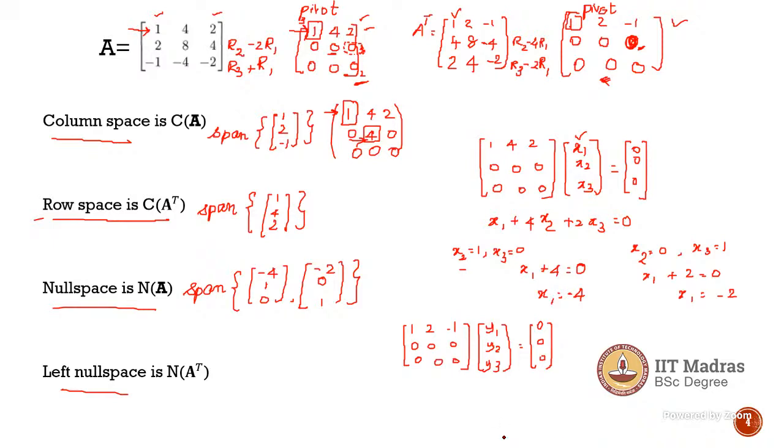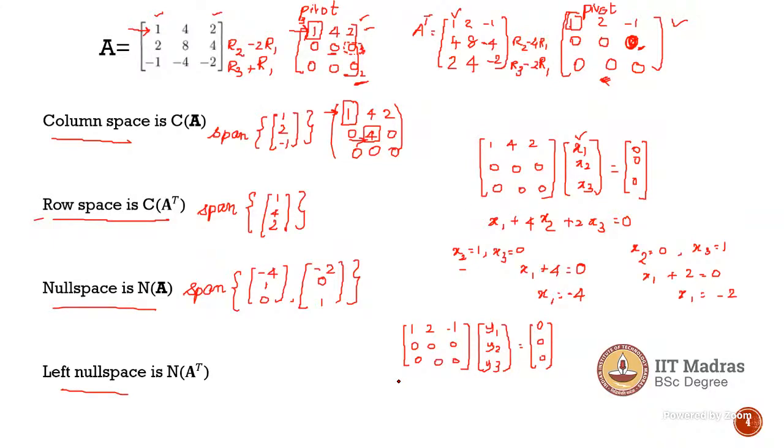Ma'am, in case we have to find the null space and we find a similar question, for the independent variables we have to assume them as 1, 0 and 0, 1 respectively, right? Yeah, that is what we do. Okay, that's what we have to remember, right? All right, ma'am. Yes.